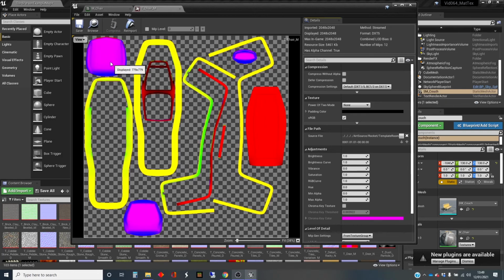And this is what's called an unwrap, which is that these bits all cover the different parts of that bench, but it's done in a way that isn't necessarily seem logical,